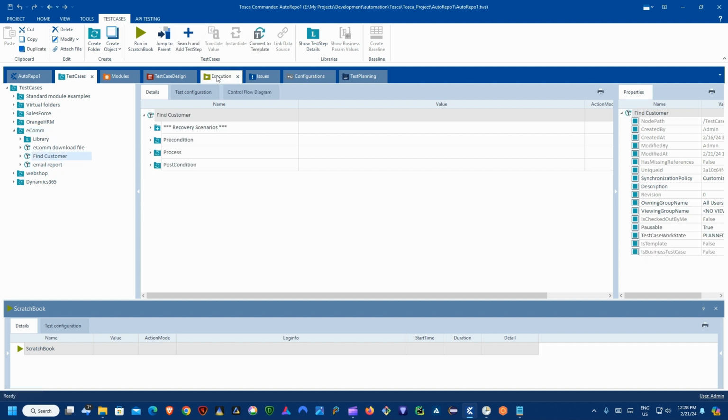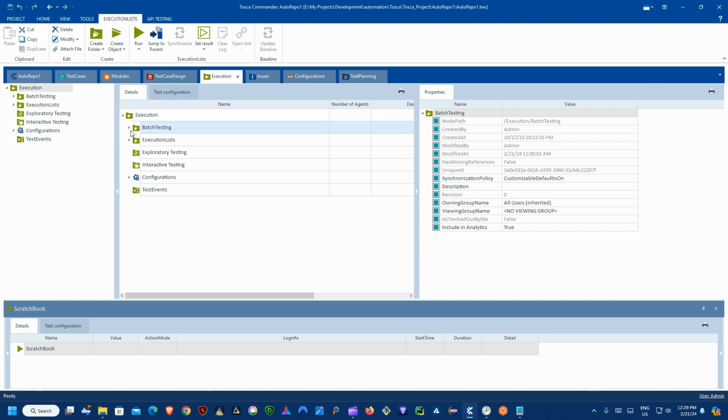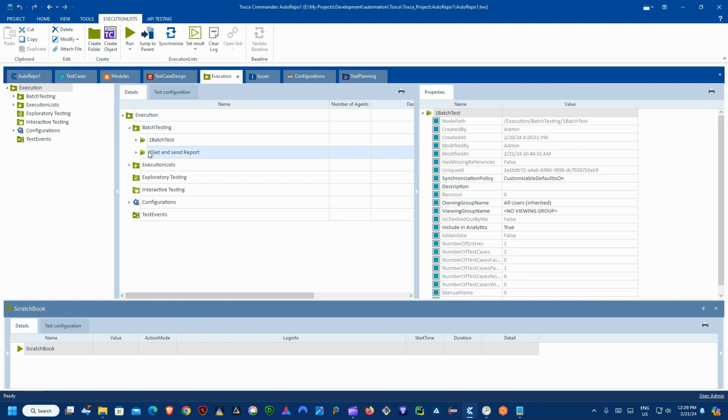you need to go into the execution module and then create an execution suite, and then drop your test cases that you want to run in this execution suite right here. And you'll need this node path. I'll show you in a sec here how that's used to pass into the TCShell command as a parameter, as part of the commands in the